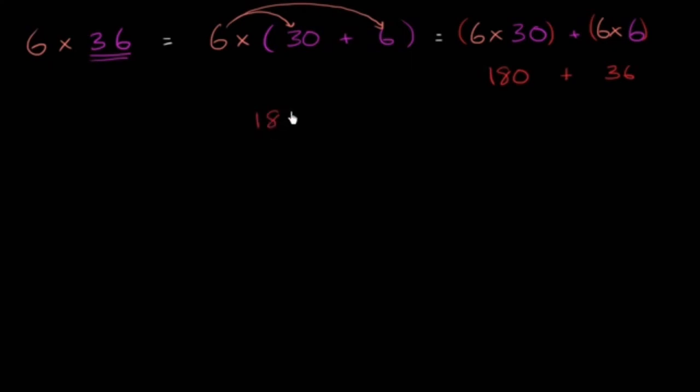And what's that going to be? 180 plus 36. Well, 0 plus 6 is 6. 8 plus 3 is 11. 1 plus 1 is 2. So you just figured out that 6 times 36 is equal to 216. And what we just did with the distributive property, this is actually going to be how you're going to multiply all sorts of larger numbers,